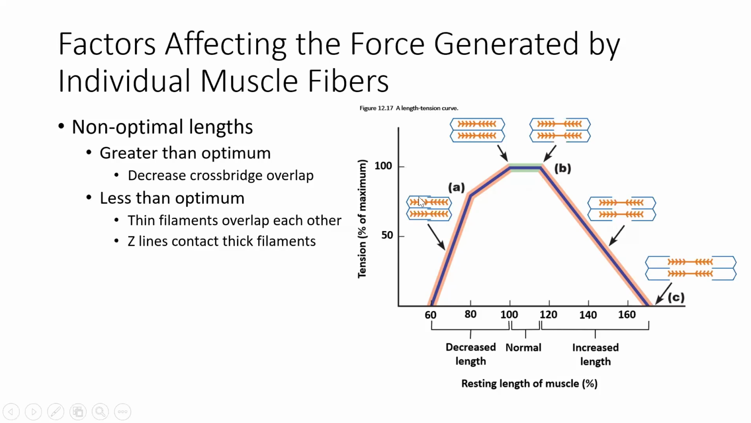And in this really contracted state, we'll also see that the Z lines are really close to the thick filament. So there's pretty much no room for sliding to happen. And so the force here is obviously not going to be as much as it would be when the muscle is up here at its optimal length, and the percent of the maximum force generated